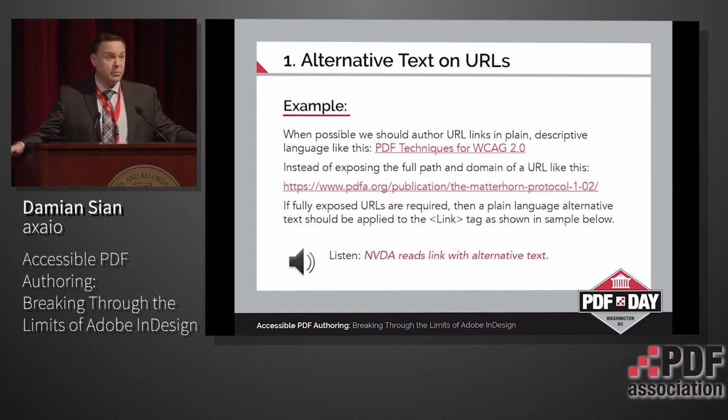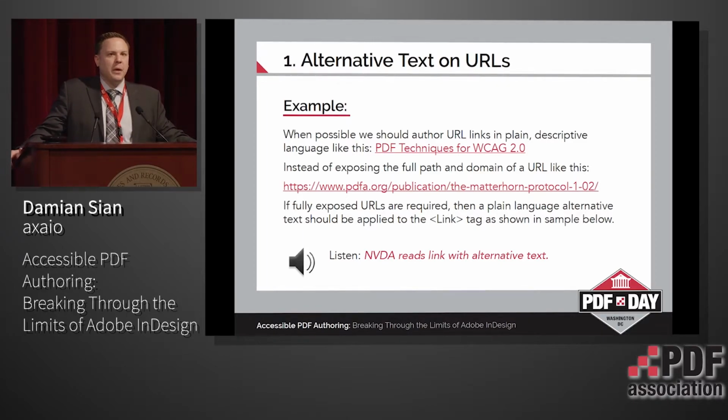So I have 2 links on my screen at the moment. The first one is what I would prefer everyone in the world would do every time, but we don't always have the option: put a plain text description of what the URL is intended for, what its purpose is in the document. The second is the full string,